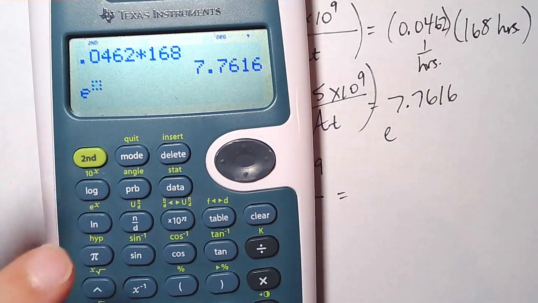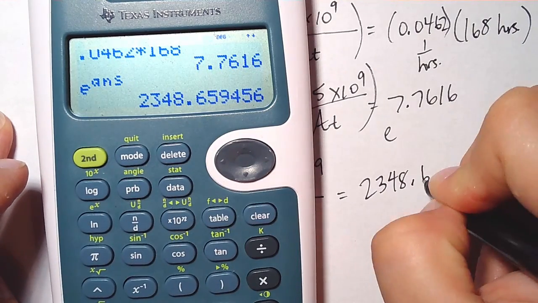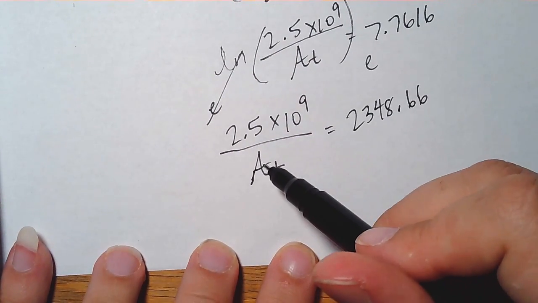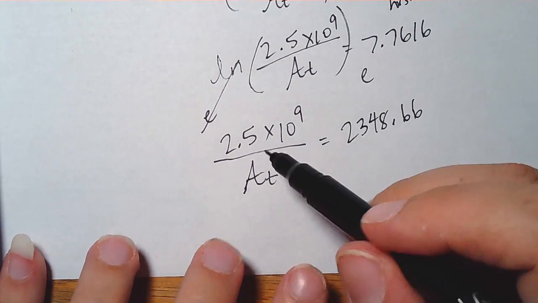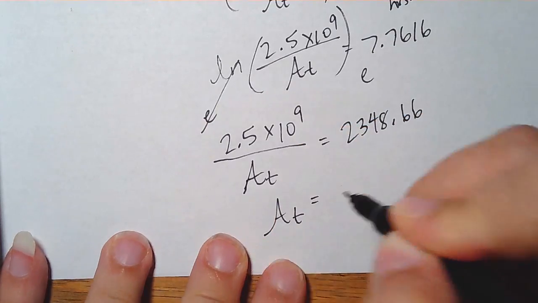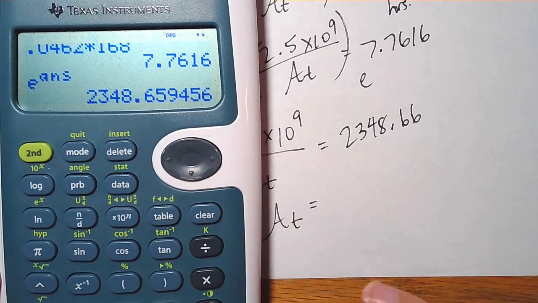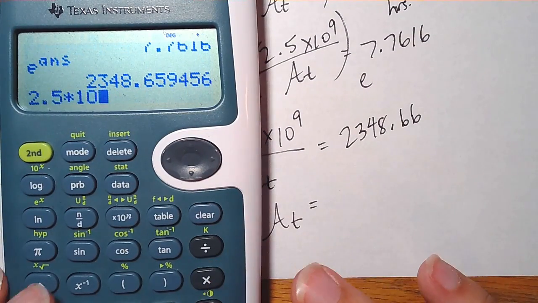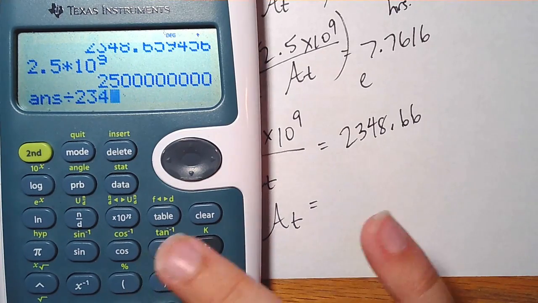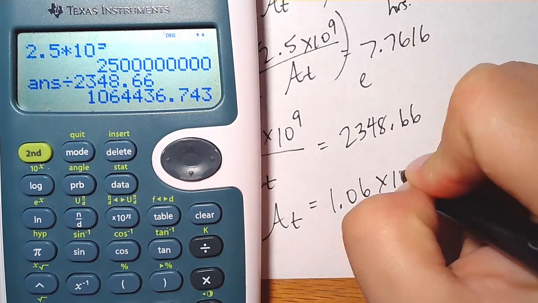Alright, 2348.66. And then my variable's on the bottom, so I can cross multiply. I can multiply this over and then divide, which is normally what I do, in order to get the value. Alright, so 2.5 times 10 to the 9th divided by our 2348.66. 1.06 times 10 to the 6